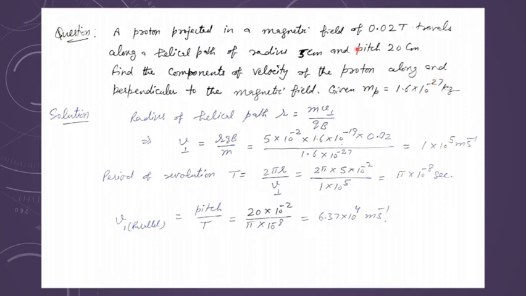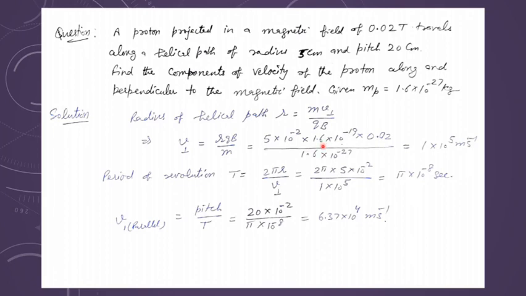And they are giving you the value of pitch, of course. They are giving you the radius of the circular path. Mass of the proton is also given in the question. So you have to use your knowledge. The radius of the helical path is equal to r = mv sine theta upon qb. In place of mv sine theta, we are writing this as V2 or V perpendicular component, and I will be able to find the V perpendicular component from here, which is equal to R QB divided by M. R is given in centimeters, so you will convert it into meters. It means 5 into 10 raised to the power minus 2 meter.